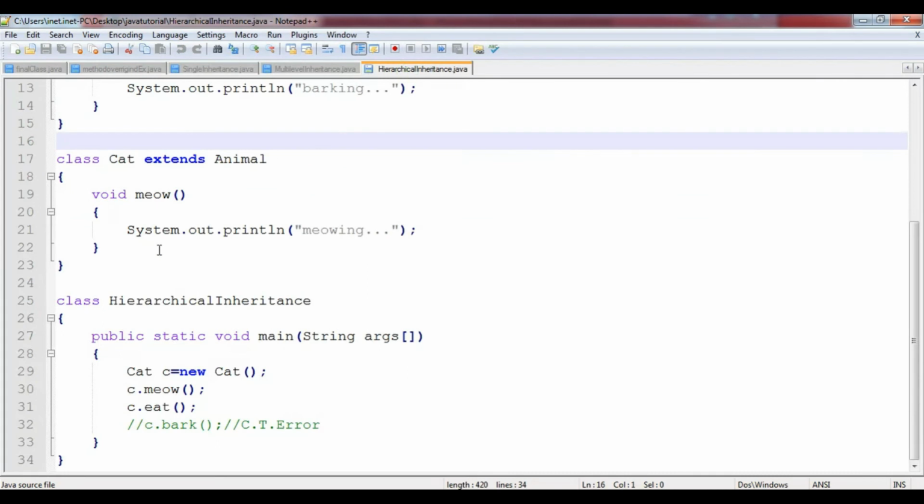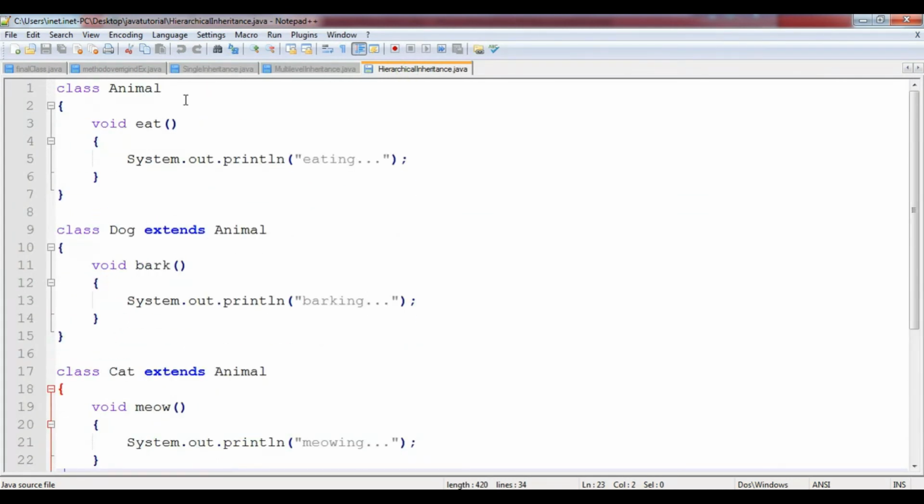And the last one is hierarchical inheritance, in which suppose this is class A. Here class B extends all the relationships or behavior of class A, and here you can define class C, but it is also accessing all the relationships of class A. It means this is a class A method, which has the eat method.